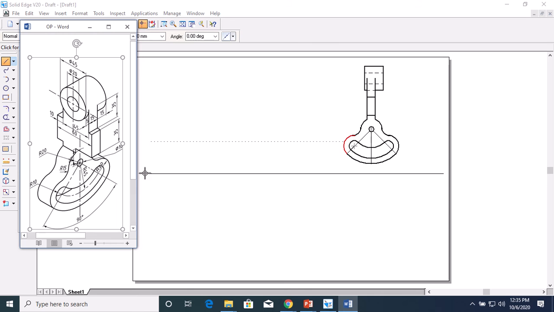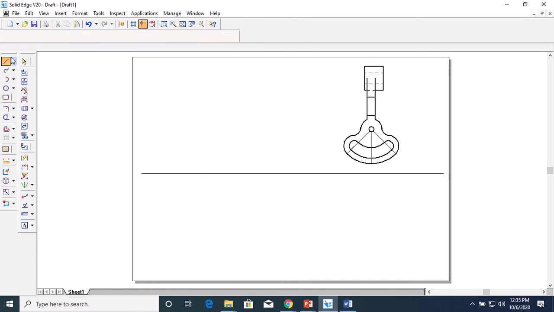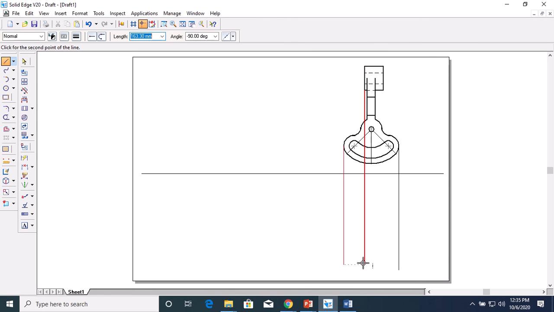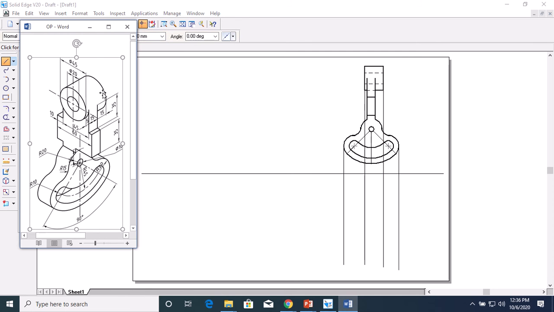So with the use of projection lines, I will draw the projection lines. For time being I will draw this much. We'll see what portion is visible.